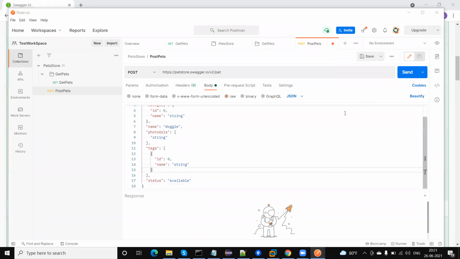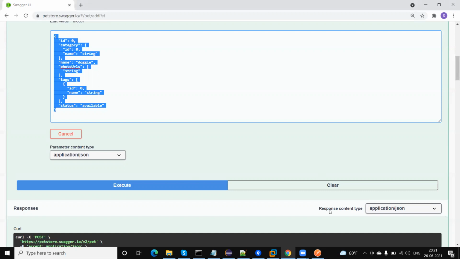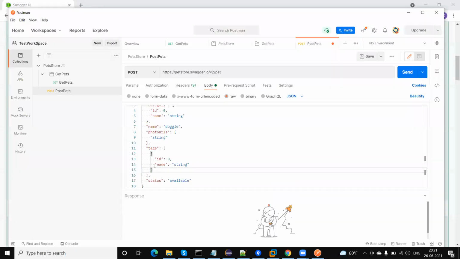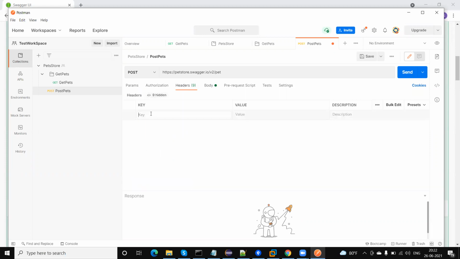And what other information do we need to add? The response content is application JSON. So here we need to add the header value, and this is also a parameter: Content-Type equal to application/json. So response as well as content type are both application/json. So where will I add the header part? As you can see, there is a Headers tab in Postman, this one. All the headers we require, we will add under this tab. Click on this, and here type the Content-Type.